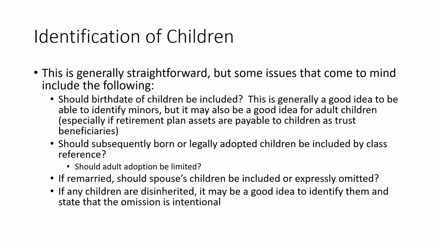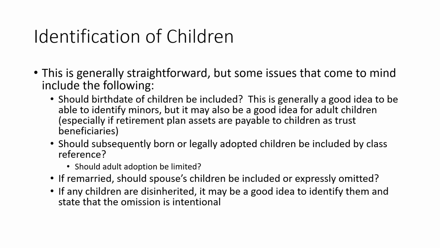Another question that comes up is, should you include subsequently born or legally adopted children in the reference to children? So it kind of depends on the age of the client. And one issue that often comes up is, obviously after a certain age, it's more difficult to have children, and it's more difficult to have a child come out of nowhere. So you need to kind of draft around, what if there's an unknown child out there? You want to kind of limit that definition and just say it's these children plus any subsequently born to or legally adopted by me, if you want to omit any prior born children that are mysteries.